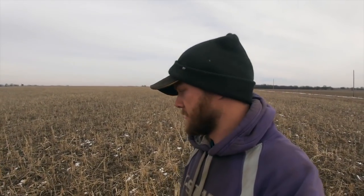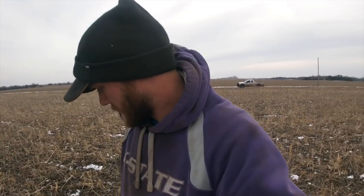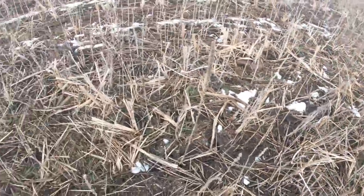Okay, so as you can see, the snow is mostly all melted by now. Also, it's windy, so hopefully you can hear me. But I am now in the field that we had a forage or cover crop growing on over the summer, and it was a really dry late summer and fall, and so we didn't get as much growth out of it as we wanted, but we still had the cows on here for a pretty long time, so they grazed a lot of it down, but you can see that our soil is still mostly covered,